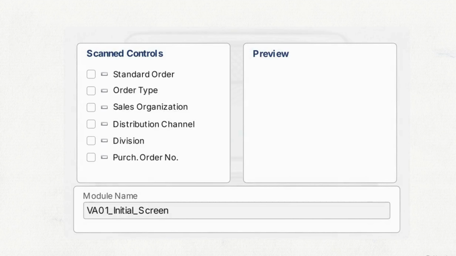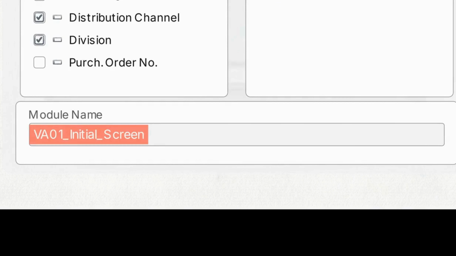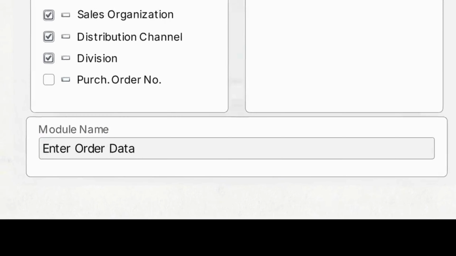In this wireframe of the XScan interface, you can see the precise technical fields we need to capture from the initial SAP screen. Select Order Type, Sales Organization, Distribution Channel, and Division. XScan will generate a default name for this data. Leaving default names creates compounding confusion later on. Delete the generic text and instantly rename it to describe its exact purpose, like Enter Order Data,